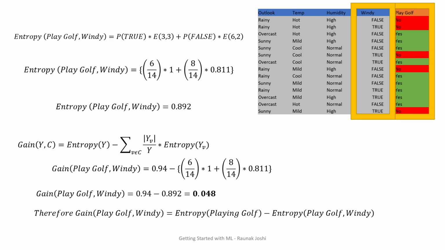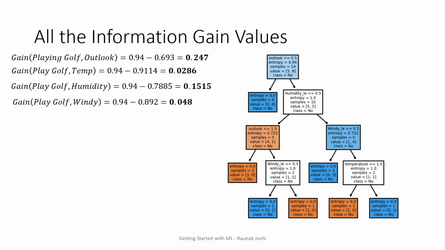Now I will construct the tree on its basis. And this is the tree that I have. Alright, so after I get all the information gain values, I'll construct the tree with respect to the highest gain value. Alright, I start constructing the tree. So I'll proceed through the attributes in order of their information gain values. Since Outlook has 0.247, I'm going to select it first. This is my first attribute that I'll be selecting.